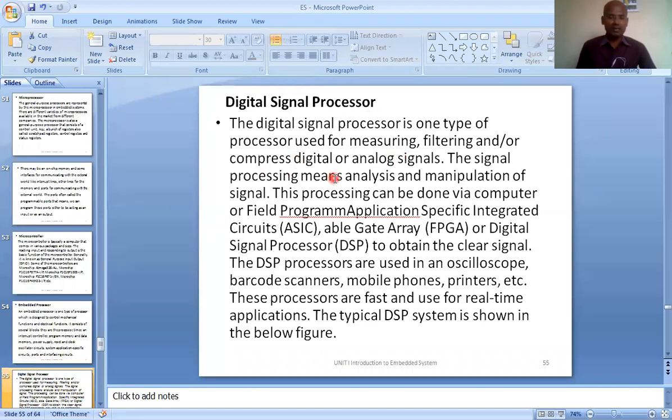Compression means, let's say the signal as it is may occupy 10 MB of memory space, and after compression it may go down to 2 MB or 5 MB depending on the signal.